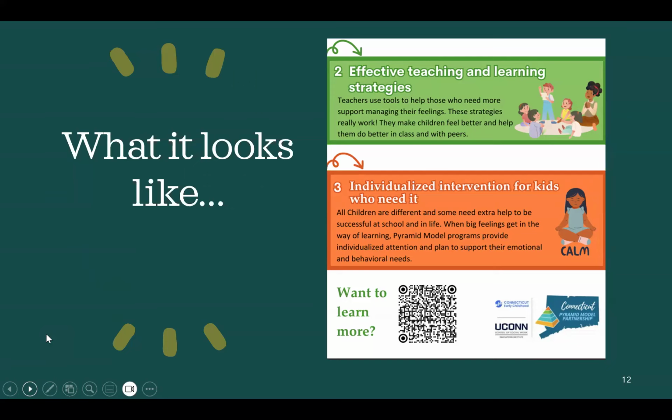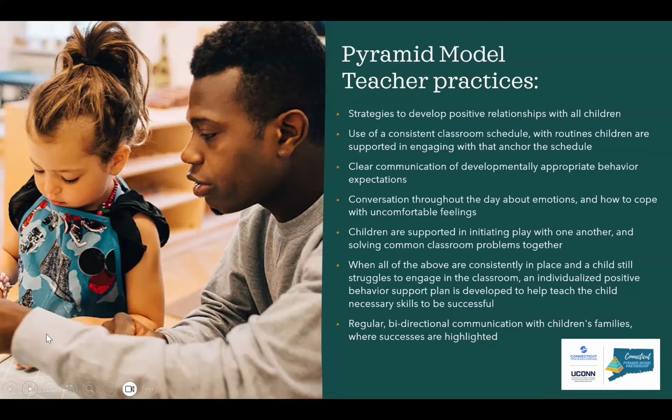So when you look at a teacher or an educator that has gone through pyramid model training and coaching, you see these changes here, and they're enumerated on the screen, and I'll talk them through for you. You see strategies to develop positive relationships with all children, right? A lot of what adults are doing, whether we're in our parenting or family role or our educator role, is giving instruction, right? But when you see a lot of back and forth communication and responsiveness to a child's bid for attention, that's when you're building your relationship with kids. And so you'll see a lot more attention to those efforts.